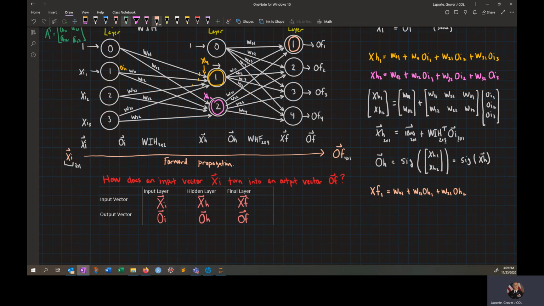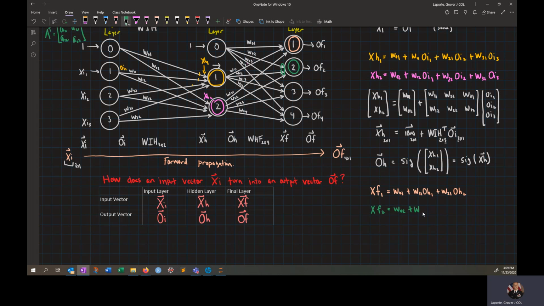And then let's see a color I haven't used yet. Green would be that guy. So again, we're trying to find the number that goes into here. So we're trying to find the XF2, right? So that's what that sucker is. XF2 is equal to WO2